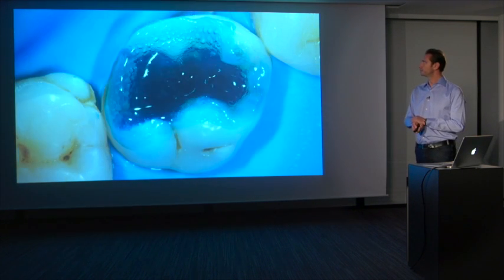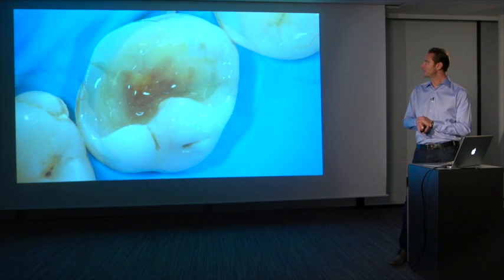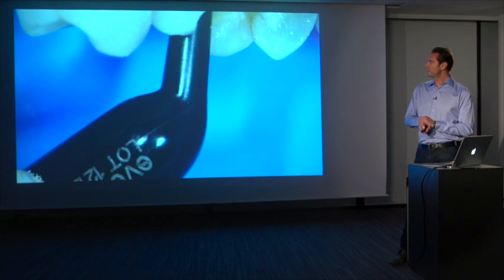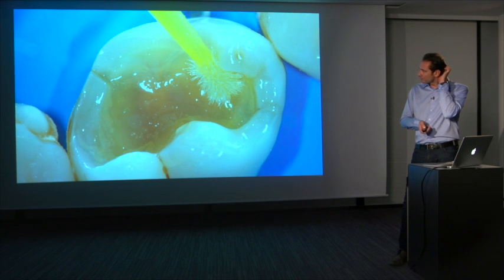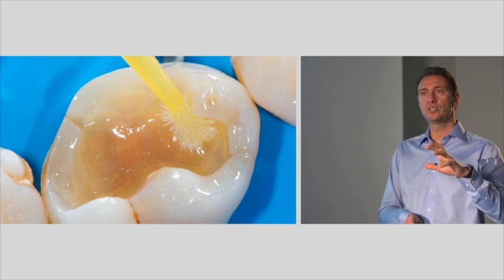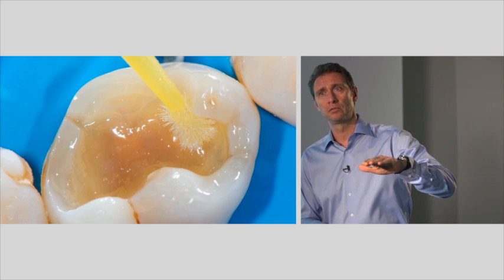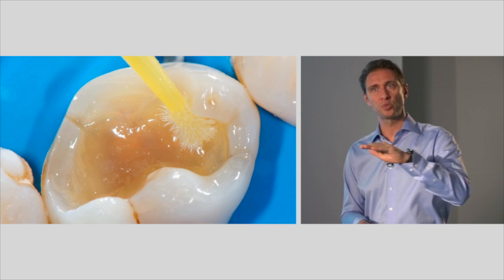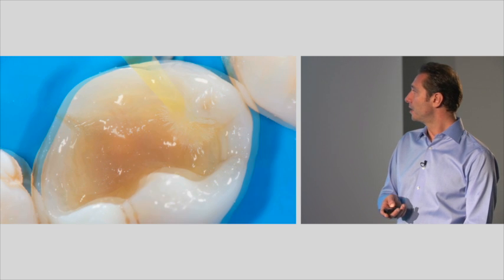Cleaning out, etching, bonding procedure, and then adding the material, and this will really show you the difference between the material which is, let's say, adapted to the floor and pushed against with a ball plugger or a microbrush in this case,